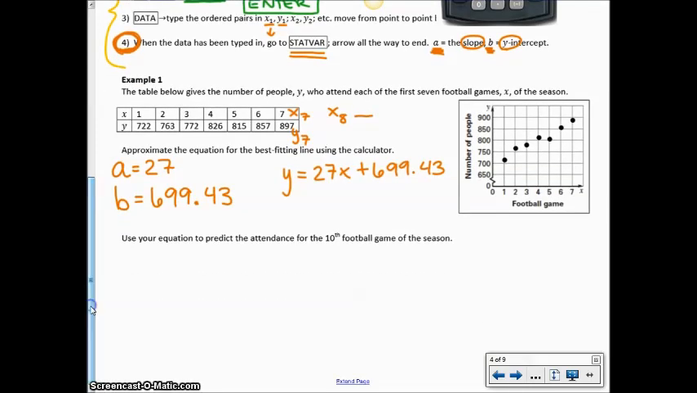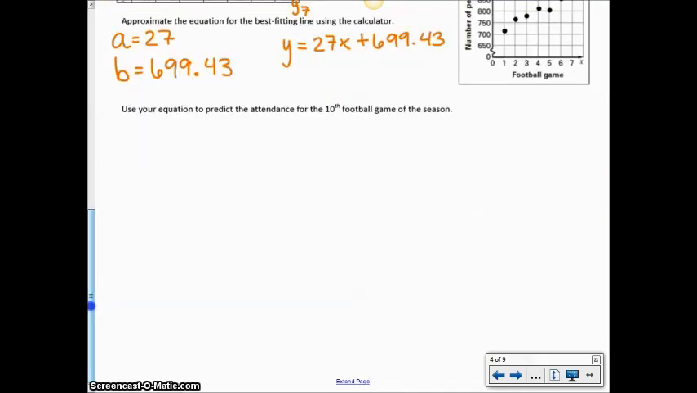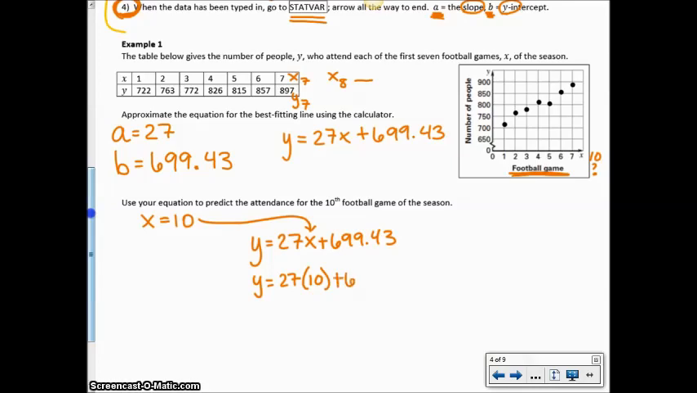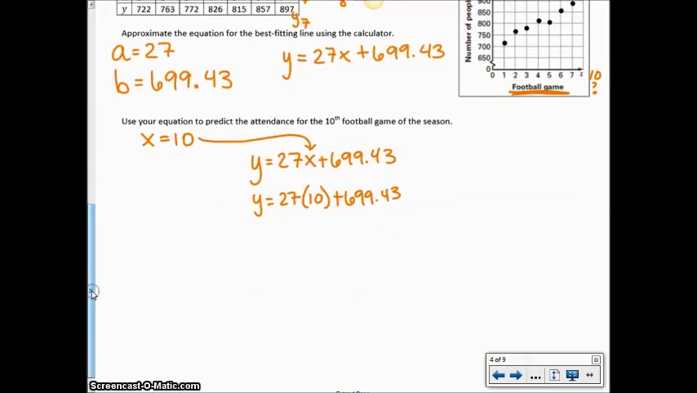Use your equation to predict the attendance for the 10th football game. It says that the football games are my x's. So if I want to know the 10th football game, then I would plug in 10 for x. So if x equals 10, then you can go back and say y equals 27x plus 699.43, and I'm going to plug in this 10 right here. So y equals 27 times 10 plus 699.43, and you're going to get y equals